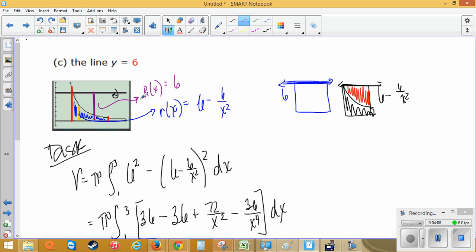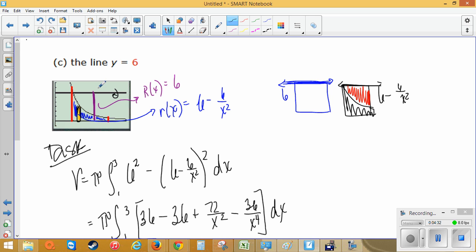But after you go through this a couple of times, or you attempt a shell method, you realize shell method is a huge nightmare, but I'll show you it in a second. This is use disk. All right, so if we're going to use a disk, and then we're going to anchor this guy to my x-axis,